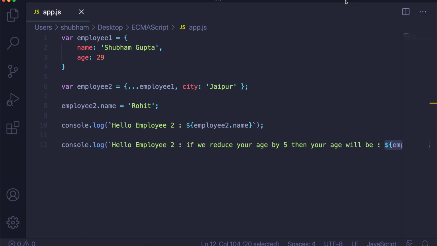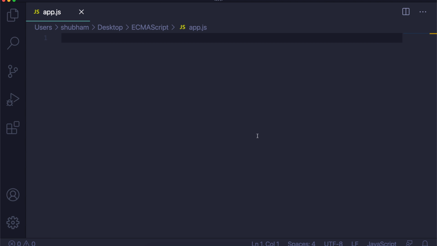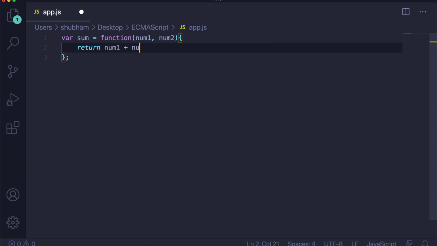Okay, so let's just try functions. So what are the arrow functions? I've already covered a video on this. You can try on this, like here. And if we want to do something like this, let's suppose sum. So earlier we use sum equals to function, and then we provide the parameters like num1 comma num2, and then we return num1 plus num2. So this is the conventional way of writing a function, but in ECMA Script we can write